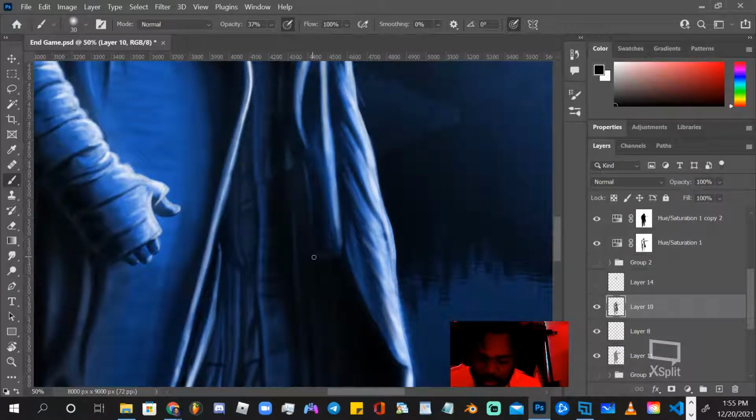Because once you start working with layers on top of layers, you can get caught up in doing a lot of work for nothing. You'll be trying to paint something and it won't be painting. You'll be like, what's going on? And it'll be that the layer on top of what you're trying to paint is blocking what you're painting. And then once you remove that layer, you'll have a big mess underneath. And that happens a lot in this world when working multiple layers.